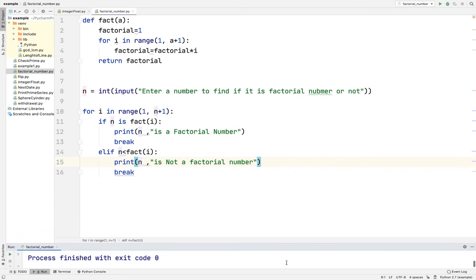Okay, you can have a look at this program for a minute. Then I will show you how we can write a similar program using this. Okay, I'll just erase this program.